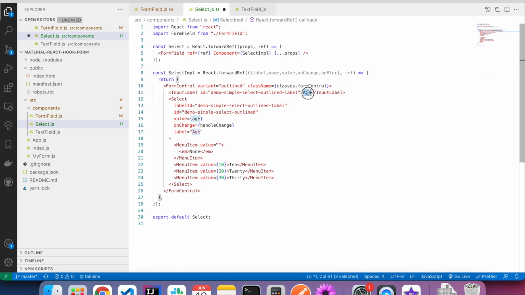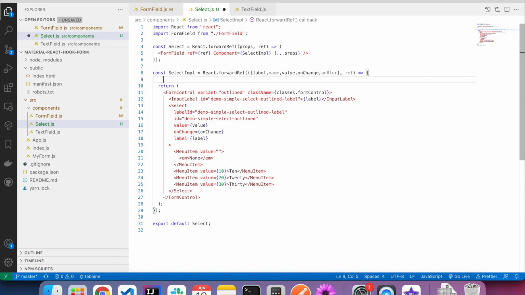So label will go here, and here onChange, value.